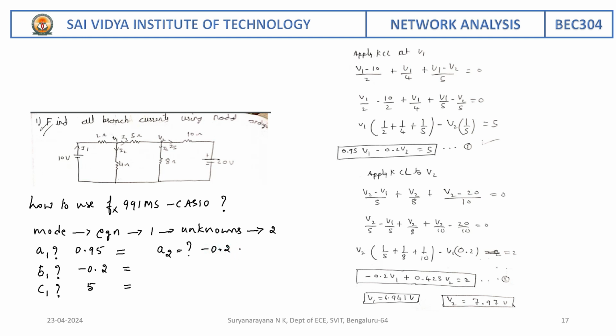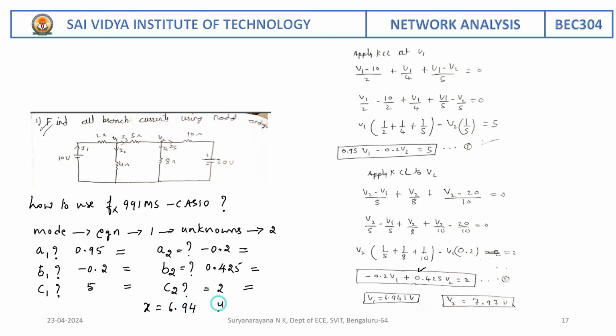On pressing equals once again, it will ask B2. What is B2? B2 in the equation is 0.425. Again press equals. It will ask you what is C2. C2 is 2 here. Click equals. So on pressing that equals, we are going to get x is equal to